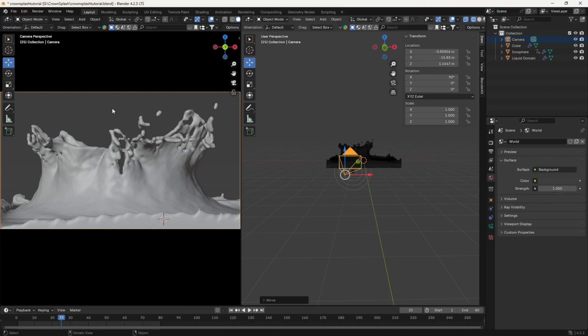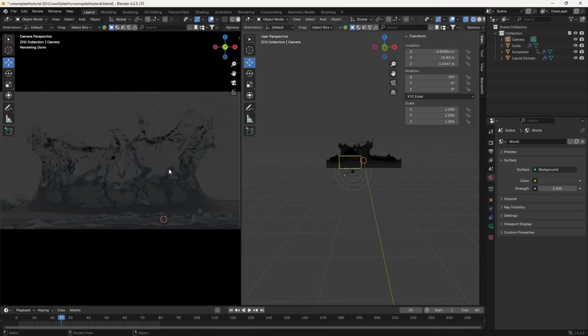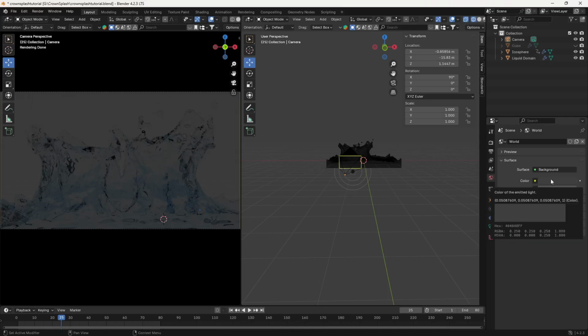Okay, and I'm going to press the Z key and just render this out. So right now you can see this result. I'm going to make sure that I hide my cube as well, so you can see the result here. Okay, you can apply the HDRI, you can do the lighting as well, but the thing that I like is